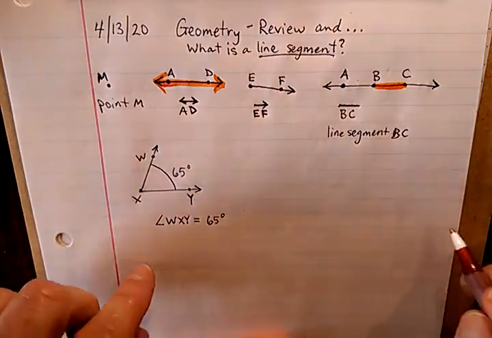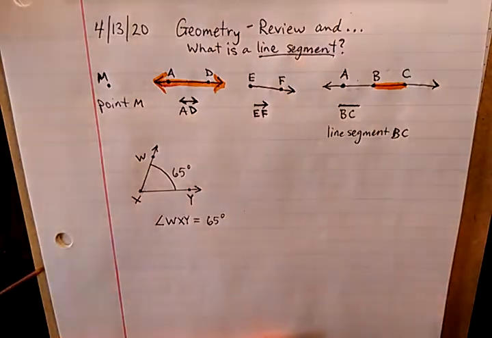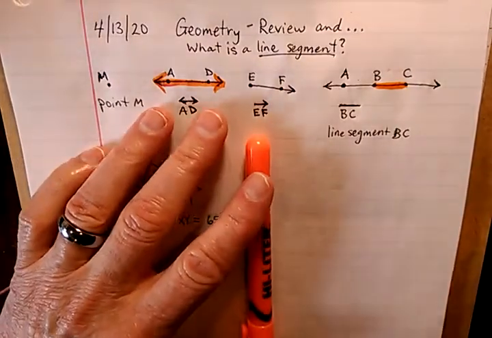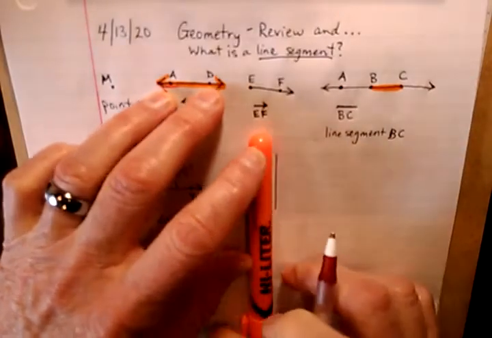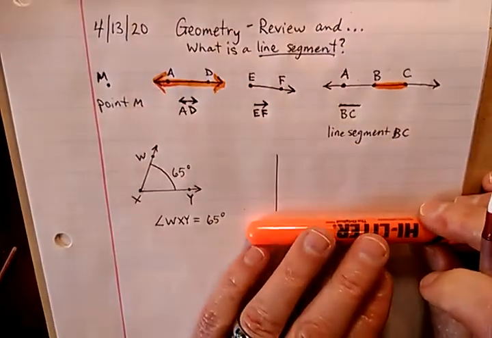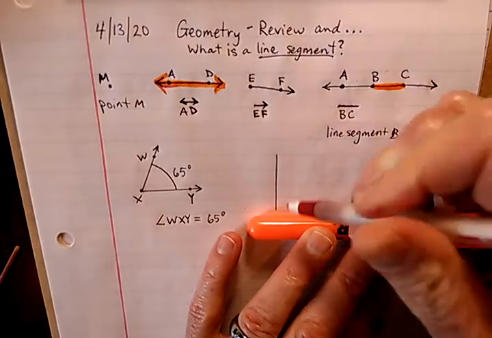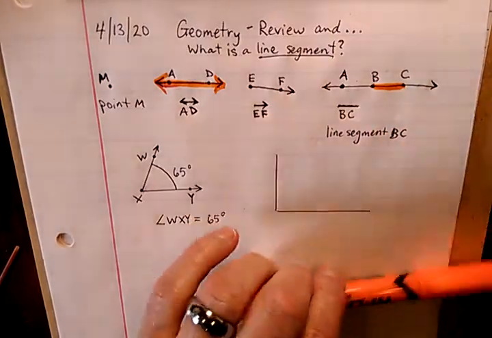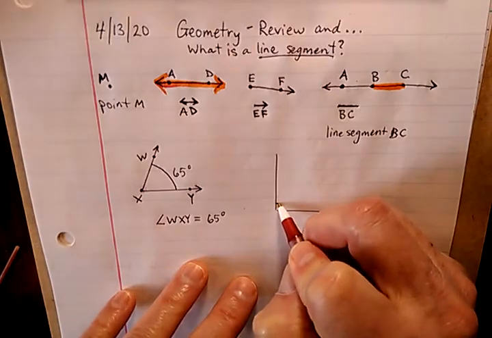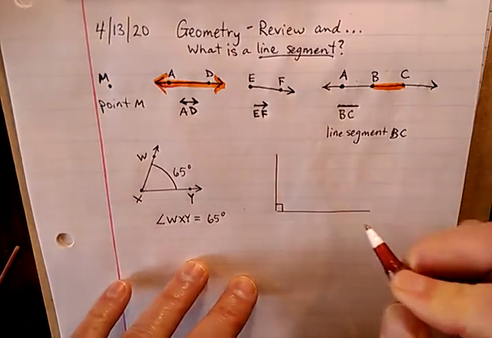But if we have something like this, this time let's draw a right angle. Remember, a right angle is a 90-degree angle. So if we have a right angle, 90 degrees,